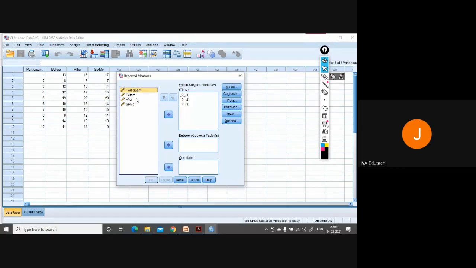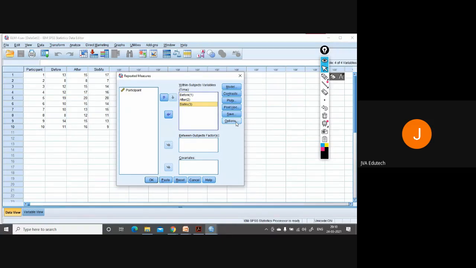Oh, sorry, before, after. Okay, so before is 1. After is 2. And 6 months is 3. Now we have defined our variables, so that we have created in the previous step, the three levels. First level is before the end of the course, after the end of the course, and 6 months after the end of the course.